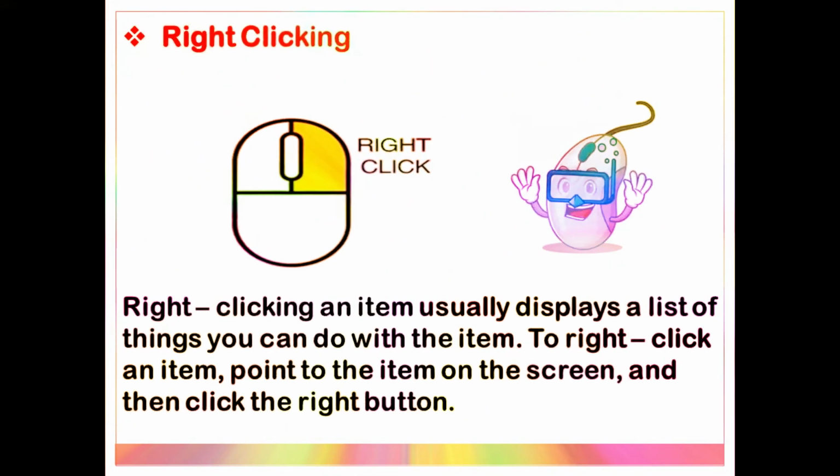Next is right clicking. What is right clicking? Pressing the right button of the mouse is called right clicking. If we right click, there will be specific items on the screen to do various functions. For example, if we want to create a new folder, or open a particular file, we right click and then click on open. We can also rename a particular file or folder. All these are the basic actions that can be done using right clicking.